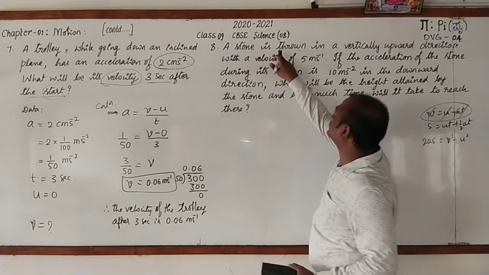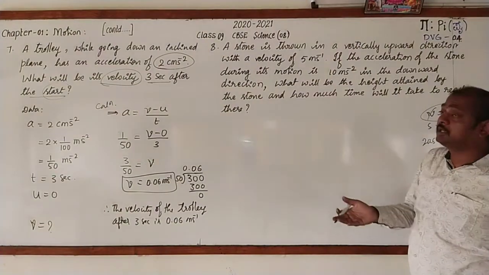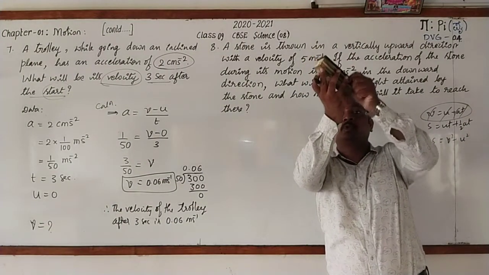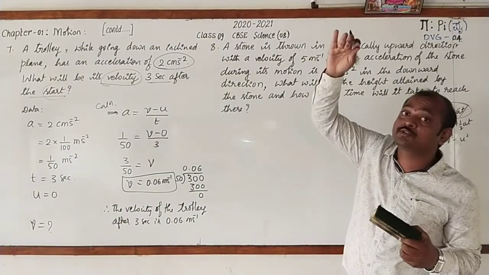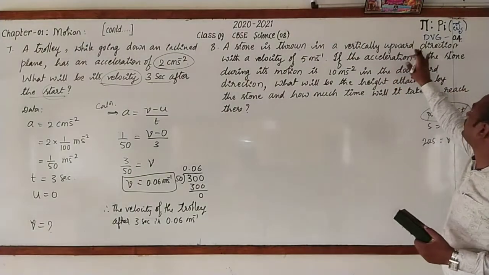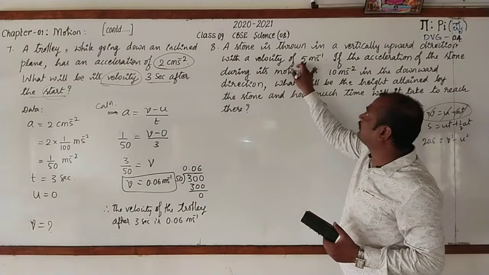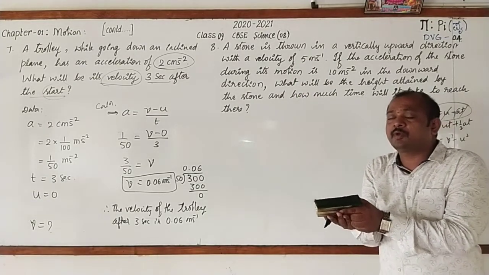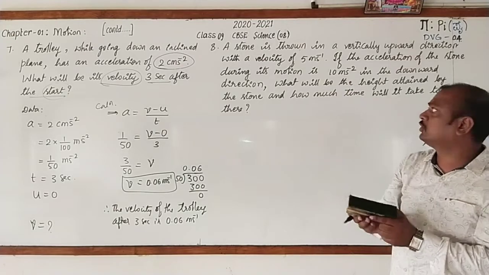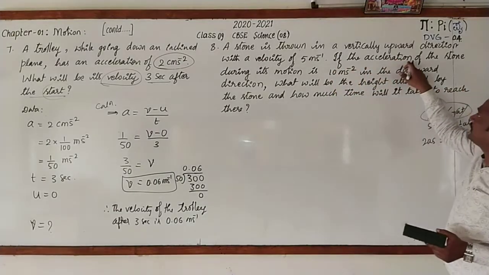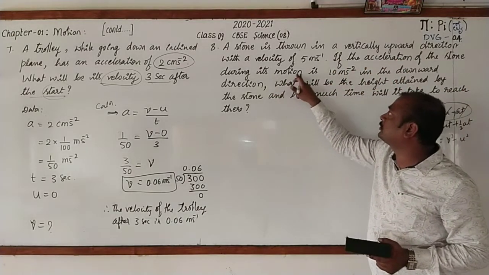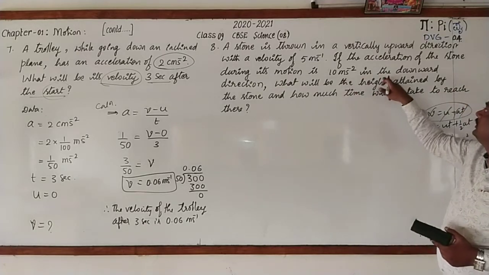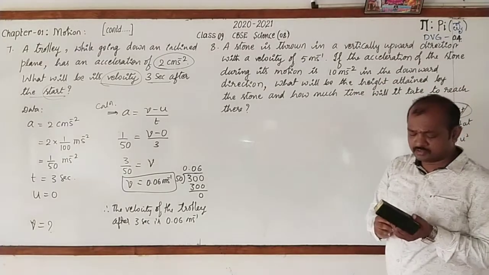A stone is thrown in a vertically upward direction. Imagine that a stone is going up with a velocity of 5 meter per second. With 5 meter per second velocity, you have thrown the stone. If the acceleration of the stone during its motion is 10 meter per second square in the downward direction,